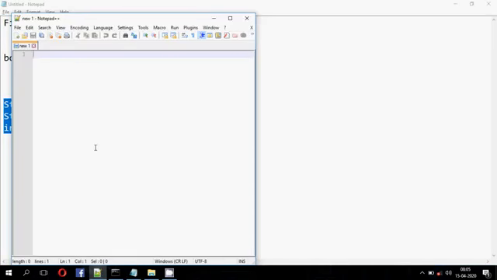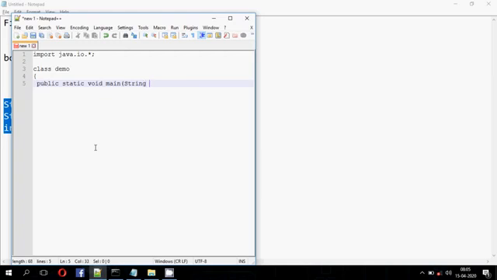Now here, when we use file operations or any input output operation in Java, we have to import this package, which is java.io.*; Now next we define a class. Here I am giving the class name as Demo. So class Demo. Then we'll define a public static void main method.